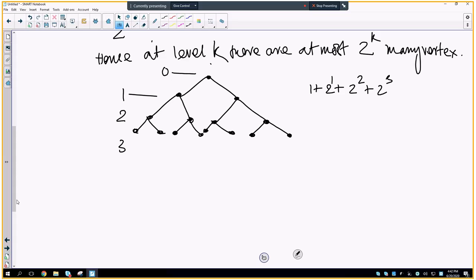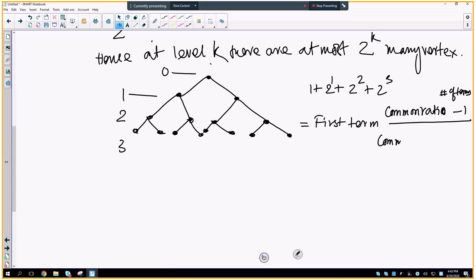It is the first term of the sequence multiplied by the common ratio. The common ratio is the number that you multiply by every single time to get the next term. So times the common ratio to the power of the number of terms in the series, minus 1, over the common ratio